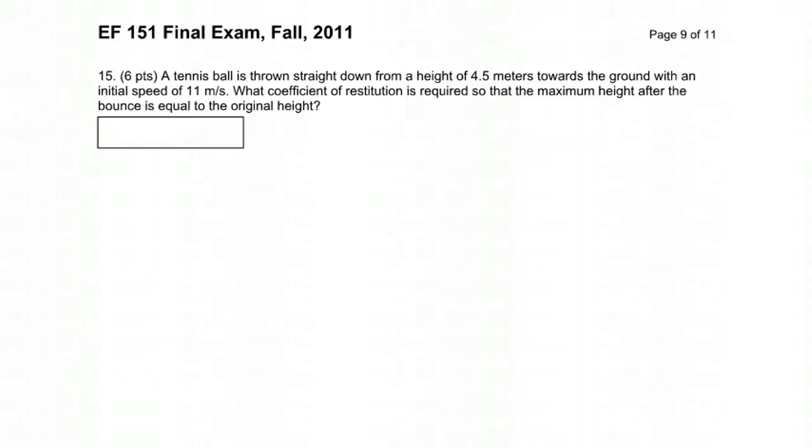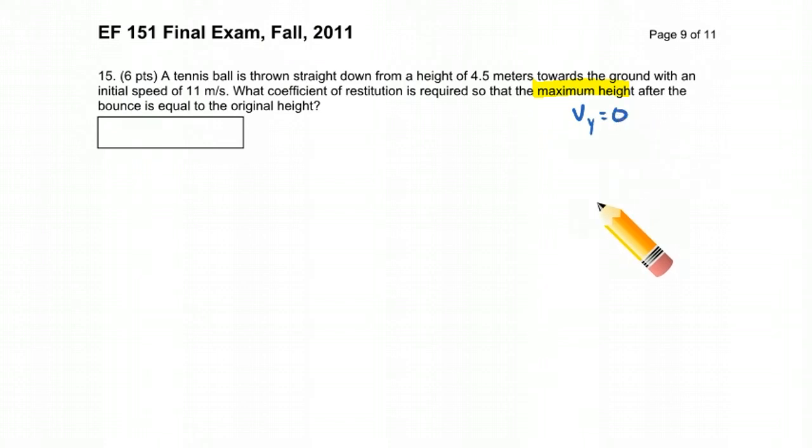Number 15, almost done. We're given a tennis ball being thrown down from a given height, 4.5 meters, towards the ground. We're given the initial speed. What coefficient of restitution is required so the maximum height after the bounce is equal to the original height? Okay, so key word here, maximum height, means that's going to be